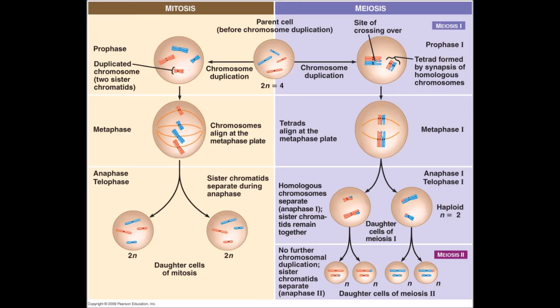Now things are much simpler in part 2 of meiosis. Essentially it's just like mitosis. You just need to pull those sister chromatids apart. They line up in the center in metaphase 2. Anaphase pulls them apart. We're almost through. Telophase then